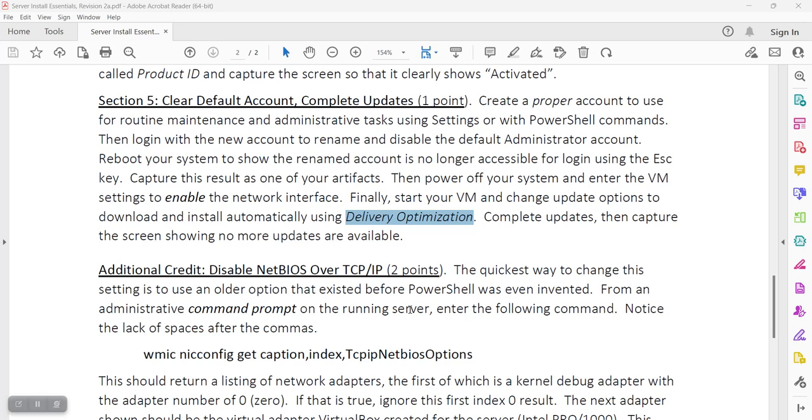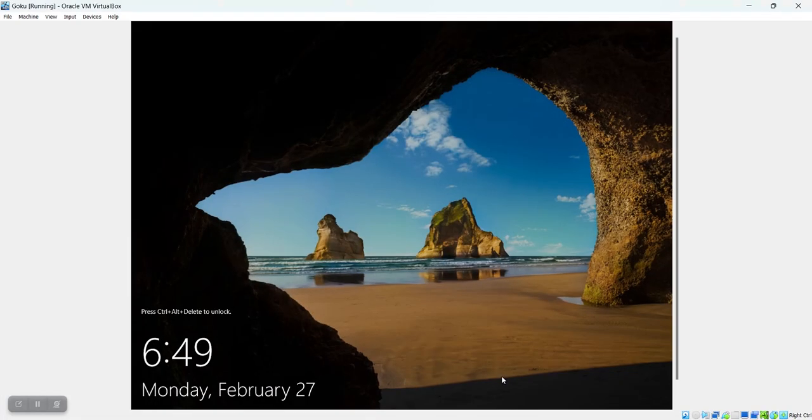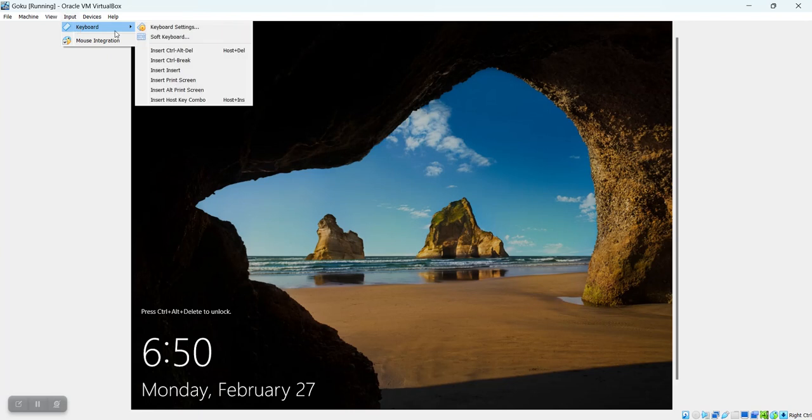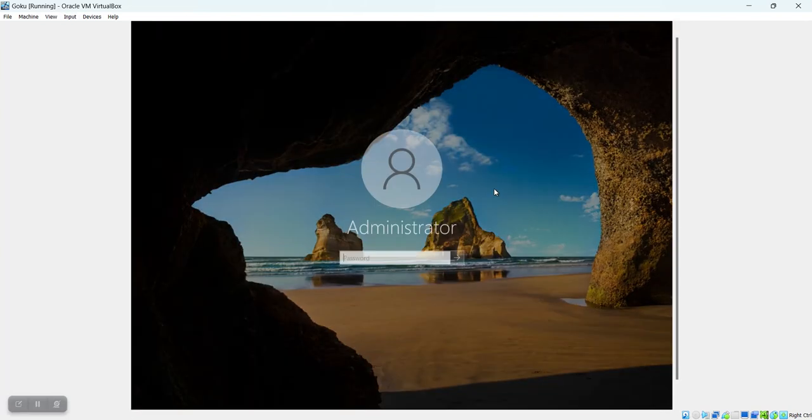So here in our virtual machine, we're going to create a proper account to use for routine maintenance and administrative tasks using settings. Our virtual machine environment was configured in the first 4 sections of this solution. We'll go ahead and log in, and if we look at the screen,